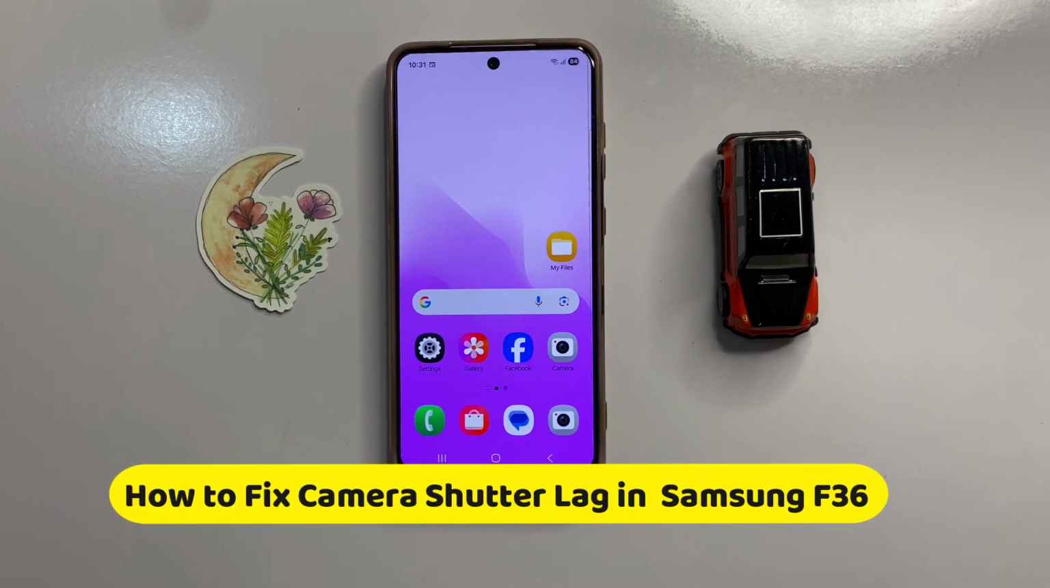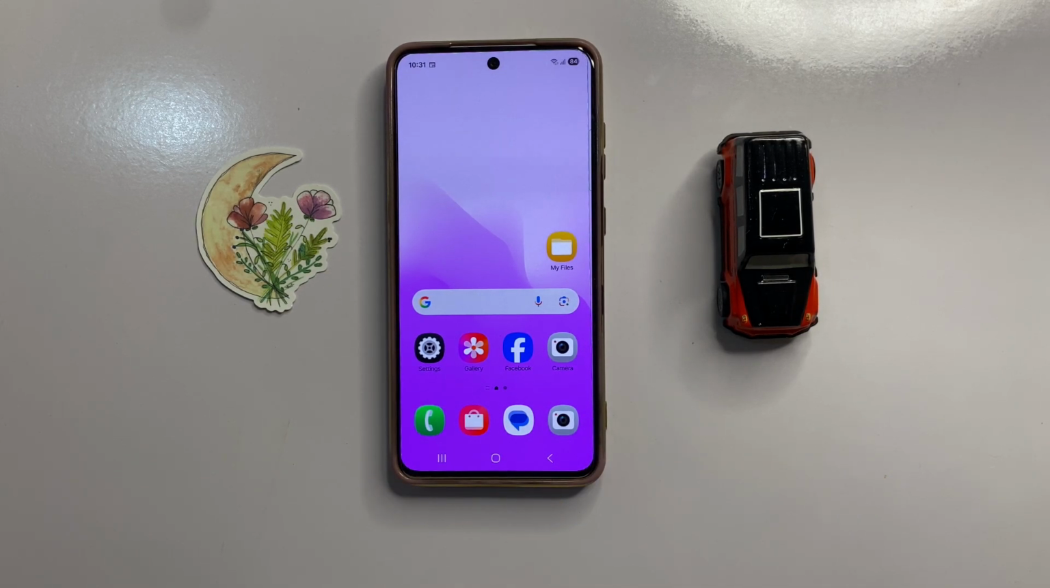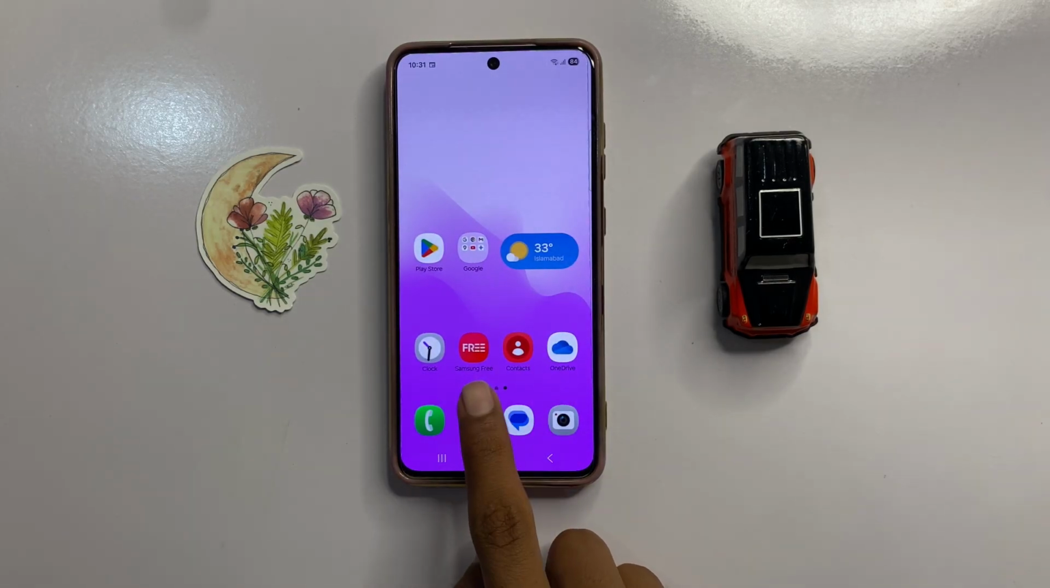How to fix camera shutter lags in Samsung F36. So let's start the video. First of all,